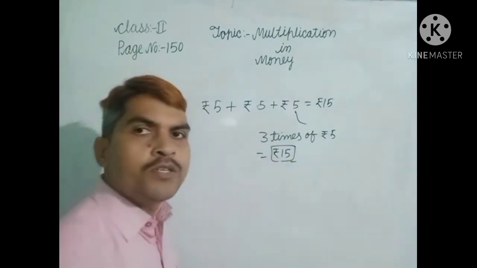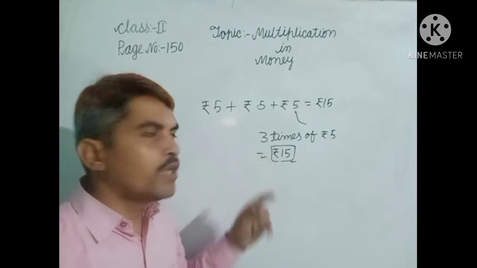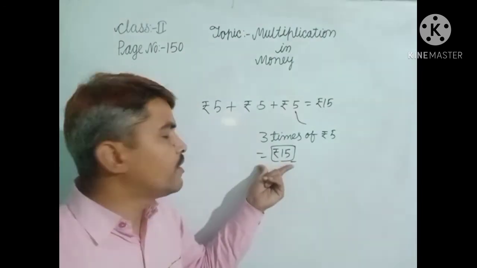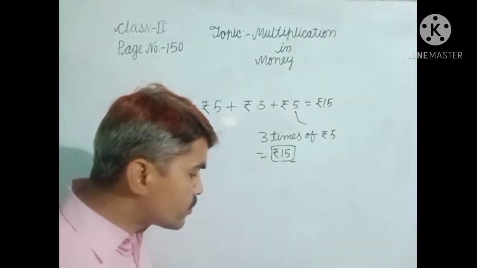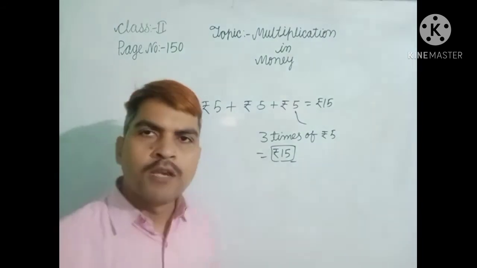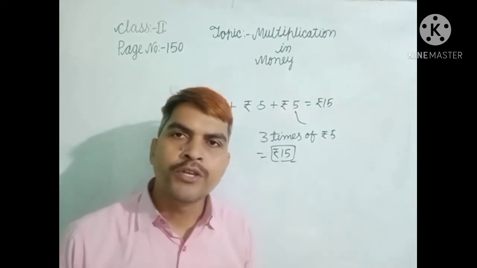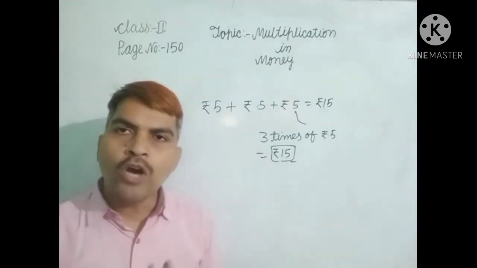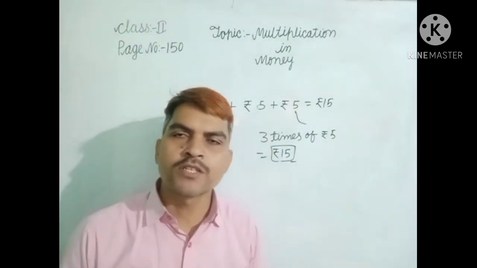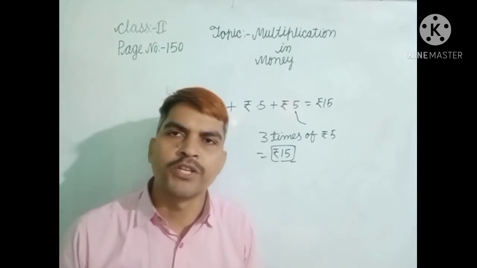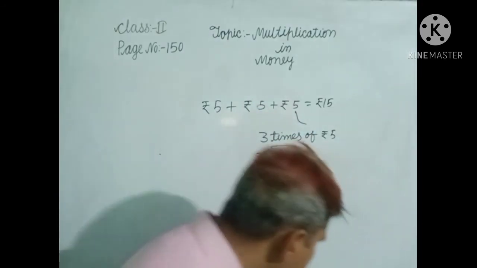So dear students, you can find the answer by addition in a small case, but in large cases you multiply, then you find the value of such objects. In this way, dear students, you apply multiplication. Multiplication of rupees or paise by a number, in ordinary multiplication, with no complex multiplication of money in rupees or paise by a number. So now let us start. Fill in the blanks.